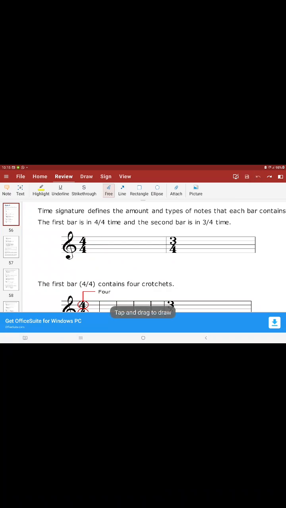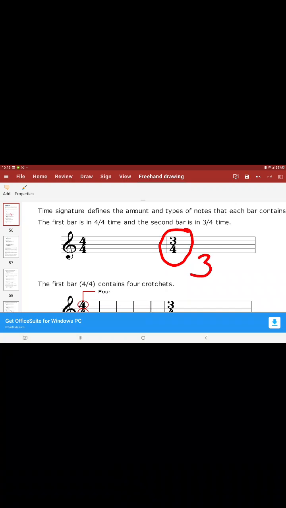3/4. 3/4 means 3 quarter notes in a bar. That's the meaning of 3/4. 3 crochets in a bar. So when you total the value of the notes in each of the bars, except if the bar is incomplete,